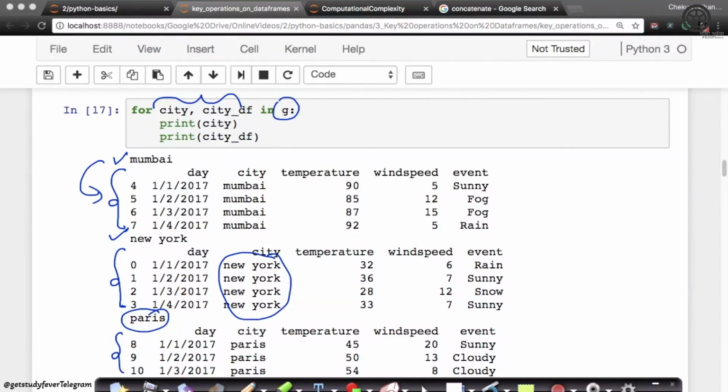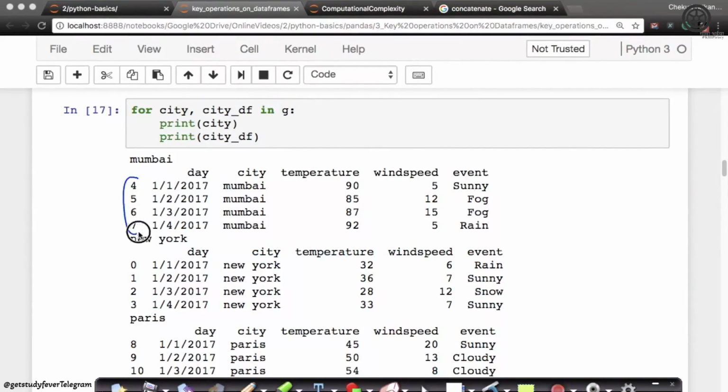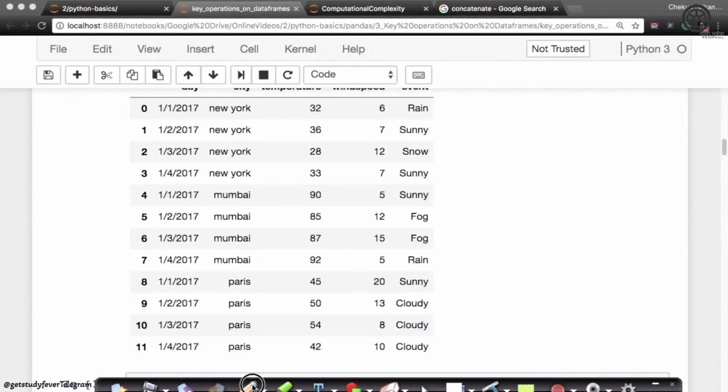But remember, when I'm creating these data frames, I have my indices intact, because look at the indices of Mumbai. For Mumbai, I have indices 4, 5, 6, 7, right? The first column, as I told you, is the index. You can think of it as a row number. That's not the exact interpretation of it, but index basically lets you directly go to a specific row if you want, right? You can brutally think of it as a row number. There is a subtle difference between index and a row number that we will learn at the end of this video. But for now, you can just simply think of it as row number.